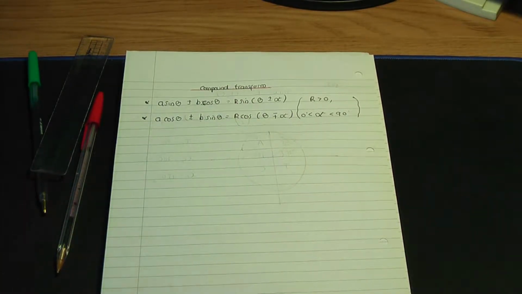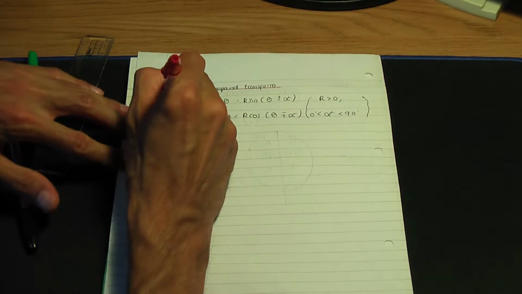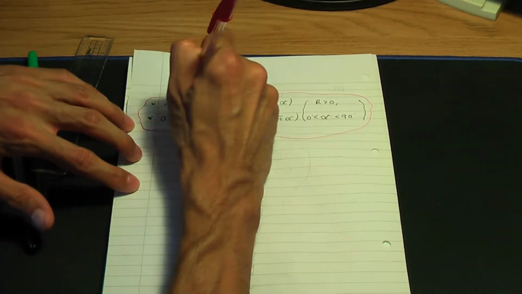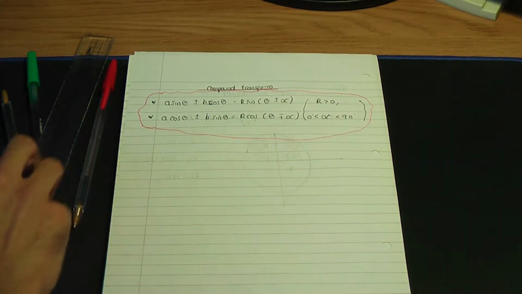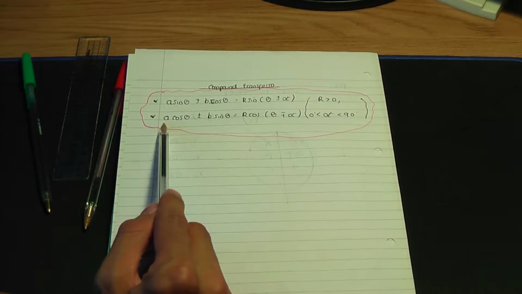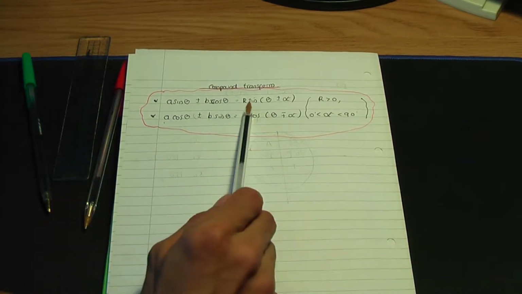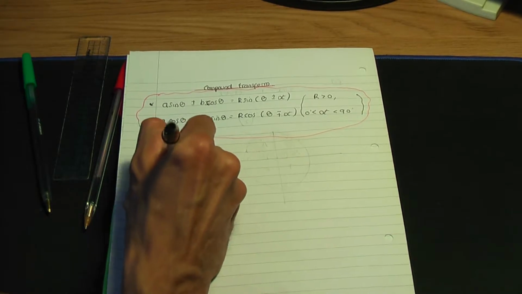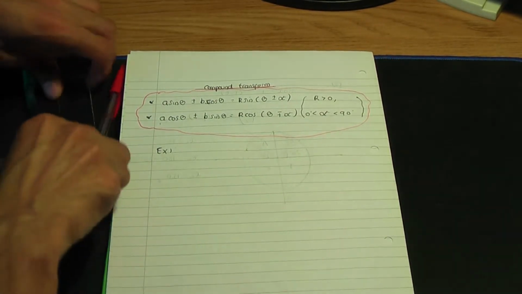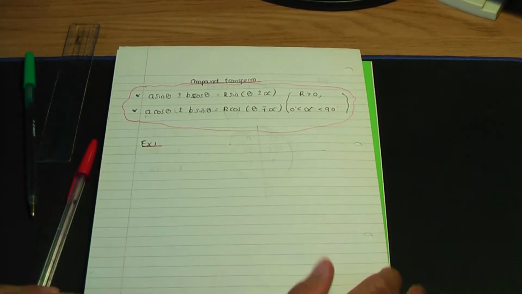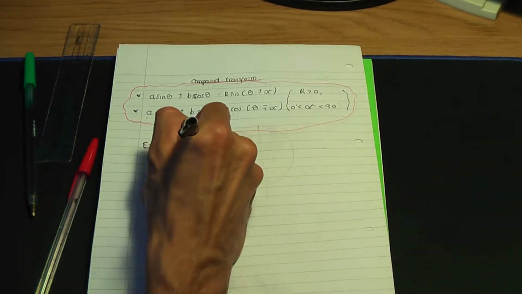Okay, so let me take a red pen just to highlight that, something for you to learn and note. And let me show you how to transform expressions such as those on the left to the corresponding forms on the right. Firstly, let's take an example, example 1. So let me underline this. So with example number 1, we're going to express,